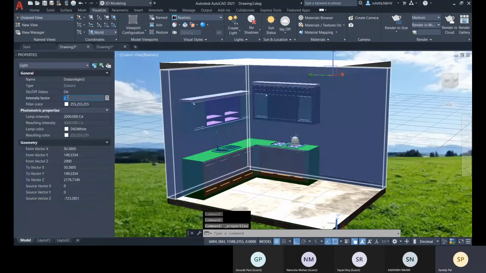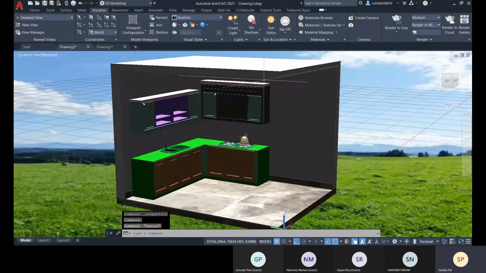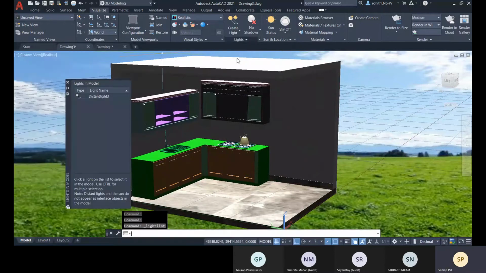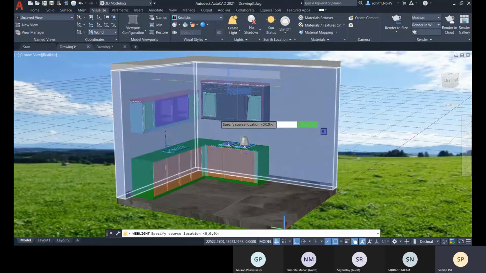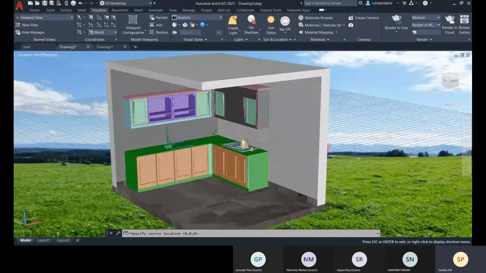1.5 will be the great. Now we have this one. We have another one. So let me delete this. And we have another, web light is there. Web light is like also one